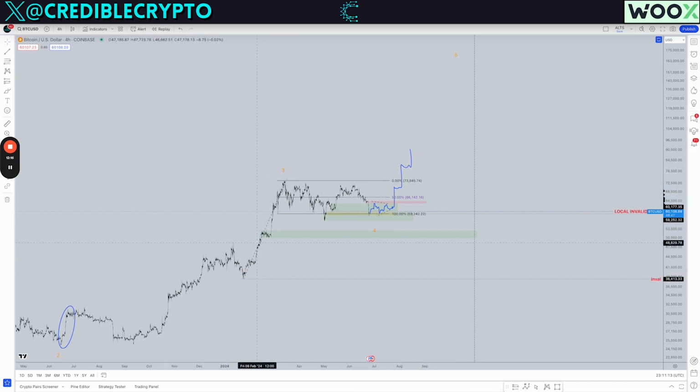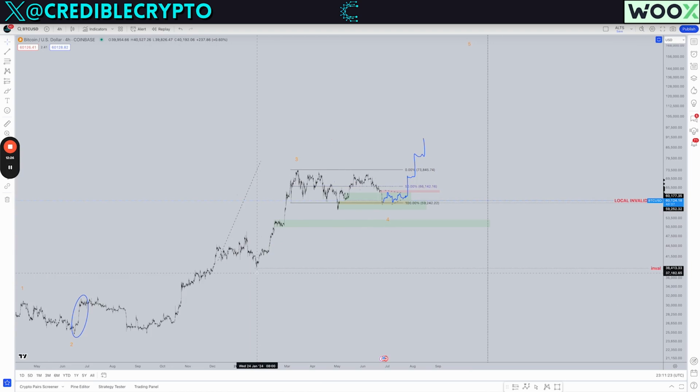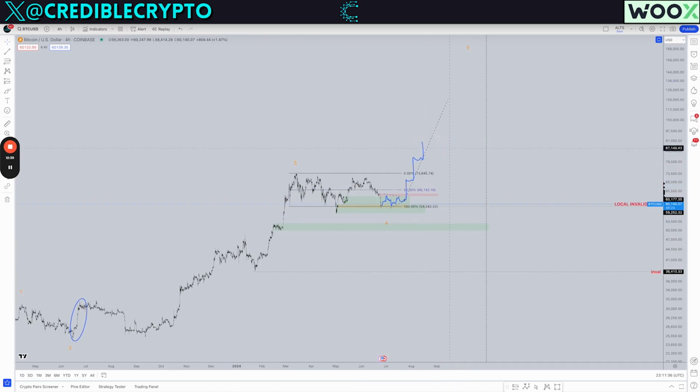So just to give you guys some context to put things into perspective, our fifth wave of the third, we went from 38,000 to 74,000. That's a $36,000 move in a month and a half. This next leg should cover even more ground in that same amount of time. So even if we take to the end of July, let's say, to begin that next impulse, that still gives us, so let's say we have August, September, it gives us 3 months to put in our top.